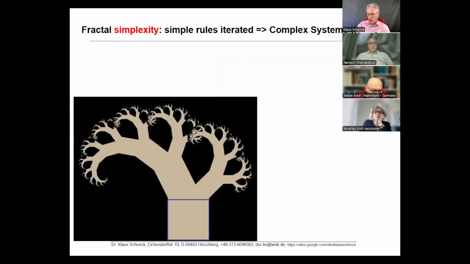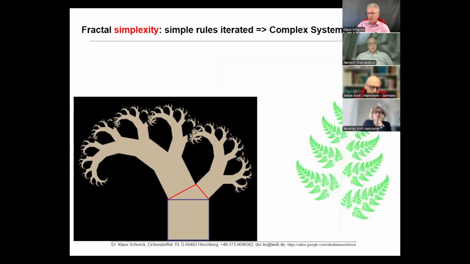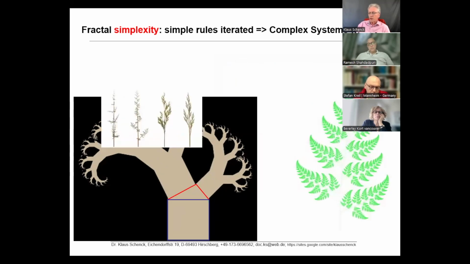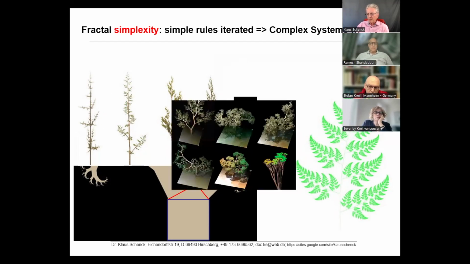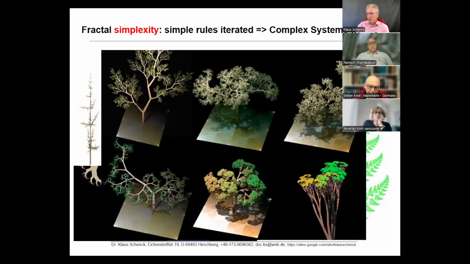Here, what you do is you have a square and you have a triangle, and you repeat the square on top of the triangle, both sides, and the square and the triangle, etc. And what you get is a tree. You've already seen how to generate a fern. Grass grows like that. There seems to be a fractal quality out in nature, and it's no straight lines. There is no straight one-dimensional or two-dimensional. All those border lines are sort of rough, not straight,